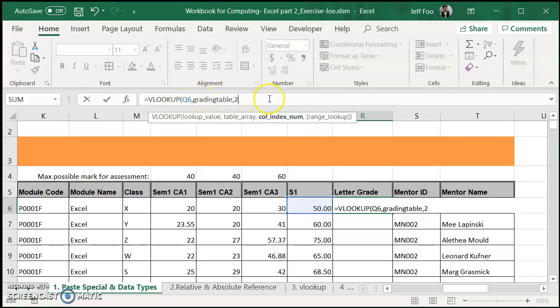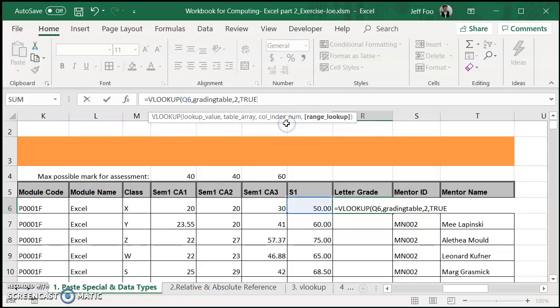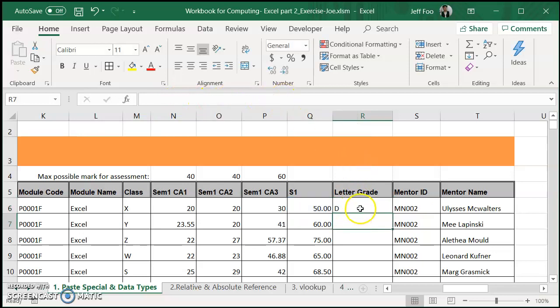Okay, so we got 3 of the 4 now. I'm going to press the comma. And lastly, Excel is giving a choice. Do you want us to do an approximation, yes or no? Do you want it to insist on being exact? Please click on approximate. Why is that? I'll show you later. Once you got the 4, you can just hit enter and Excel will finalize